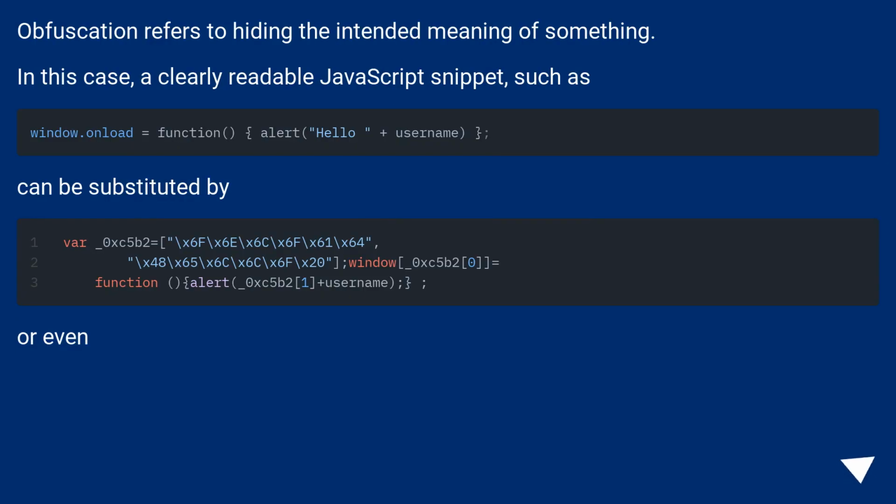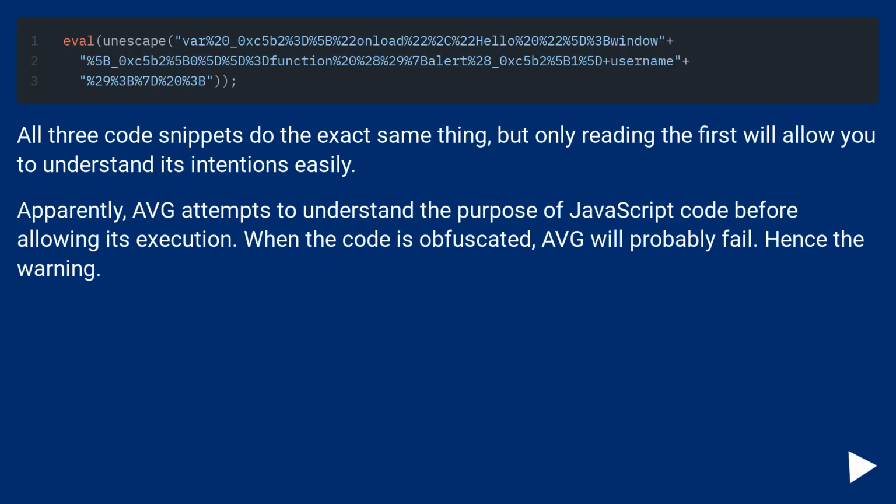Obfuscation refers to hiding the intended meaning of something. In this case, a clearly readable JavaScript snippet, such as, can be substituted by, or even. All three code snippets do the exact same thing, but only reading the first will allow you to understand its